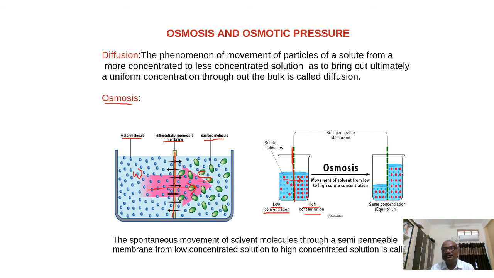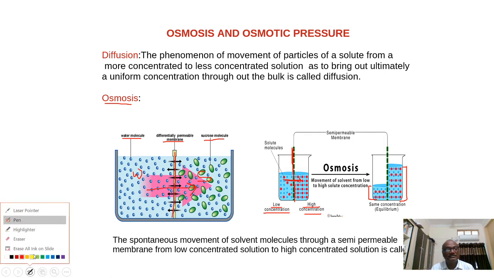So what happened? The volume of the solution towards the right hand side, you can see here, is increasing, whereas the volume of solution towards the left hand side is decreasing because the solvent molecules are moving in this direction from low concentration region to high concentration region through the semi-permeable membrane. Here we can see an increase in the volume of the solution. And one thing you have to observe here, there will be no change in the number of solute particles on both sides, because the semi-permeable membrane will not allow passage of solute particles through it.